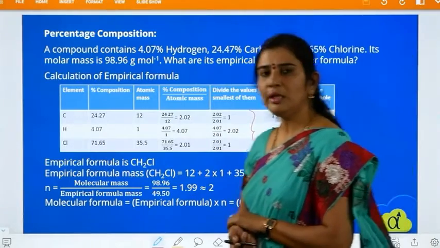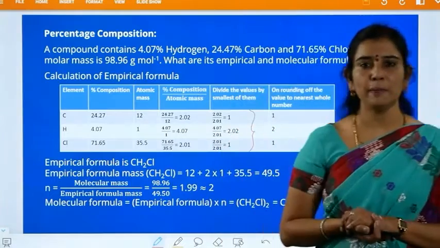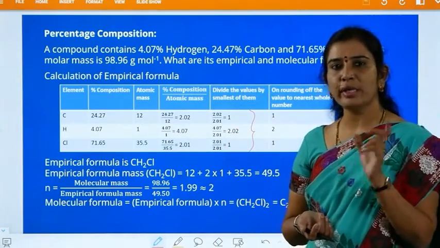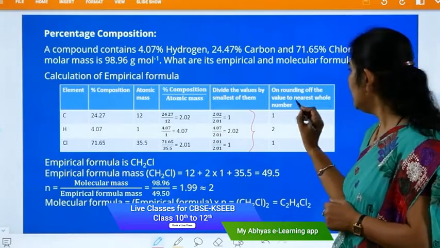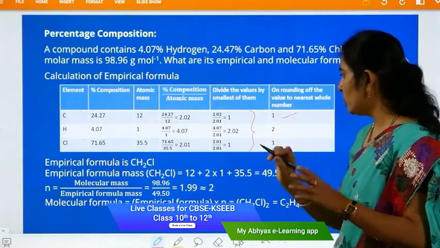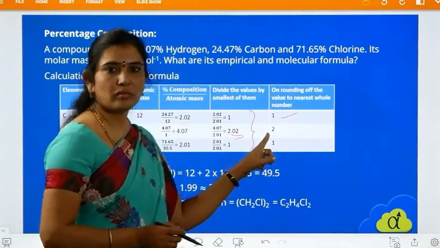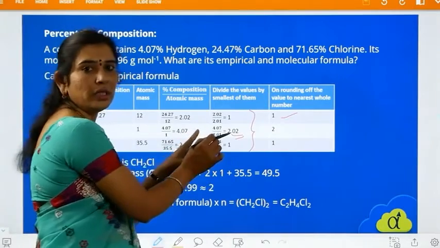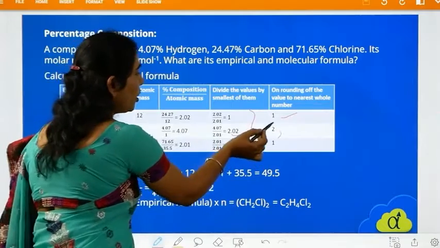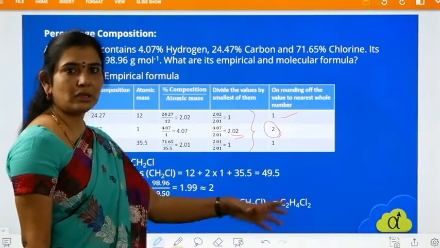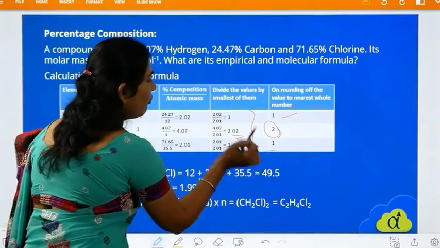Okay, because an element count cannot be a fraction. You have to convert that into a whole number. Then only the formula can be assigned easily, with respect to the molecular formula as well as the empirical formula. Thereby here, you can round this to 1. Of course, it is 1 only. Here, instead of 2.02, you can round it to 2, because after the decimal, 0 is there and after 0, the value is less than 5. Thereby, you can round that value to 2. I told all those things in the previous session. Now, here, this is a whole number only, 1 you can take.